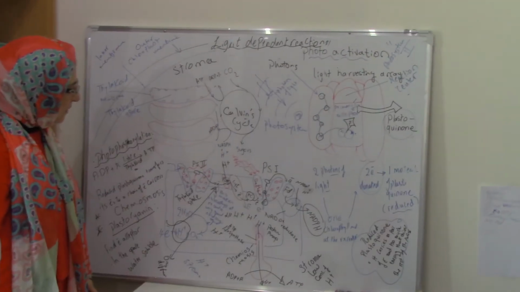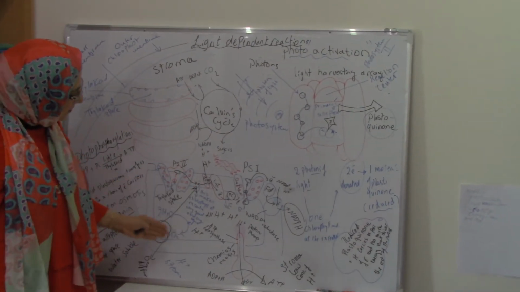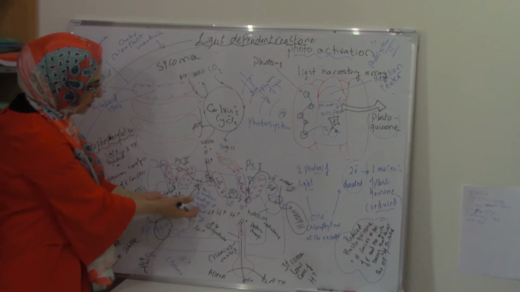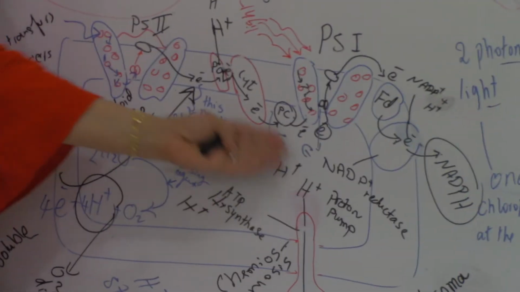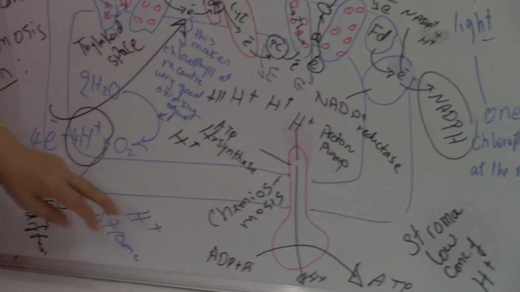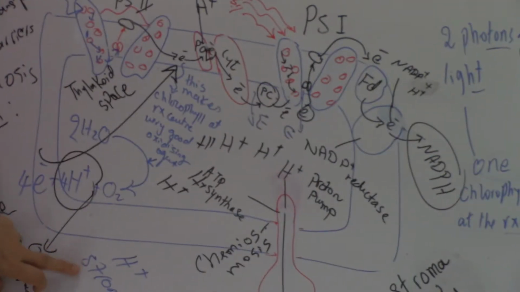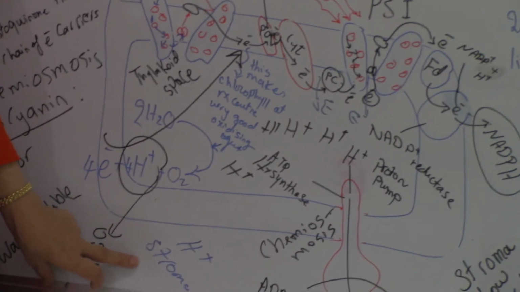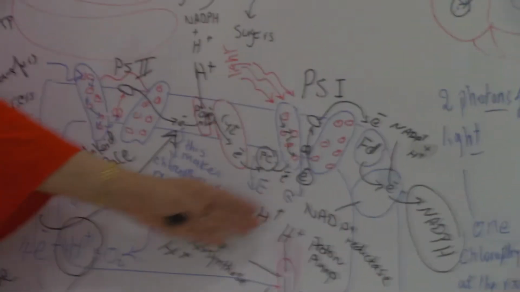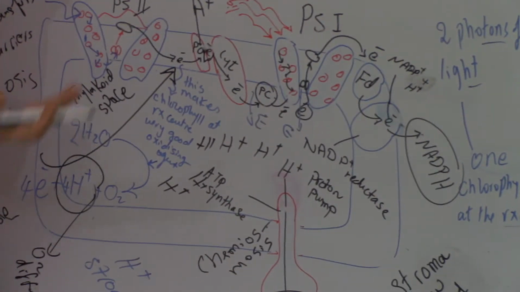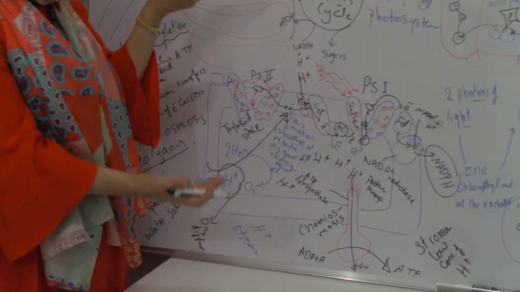Okay. What's left here as a result of the build-up of hydrogen ions in this area is that the proton gradient will be established, because outside the thylakoid membrane there will be a very low concentration of hydrogen ions. Now the hydrogen ion concentration is going to increase in the space, so there will be a proton gradient built up. As a result of that,